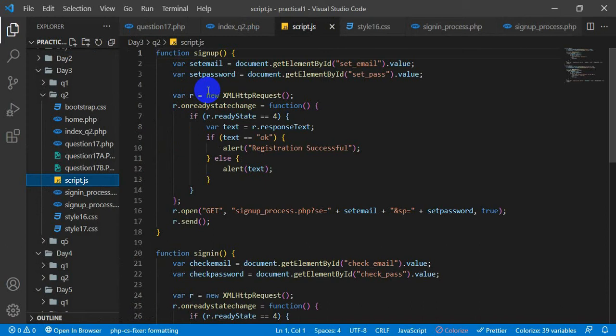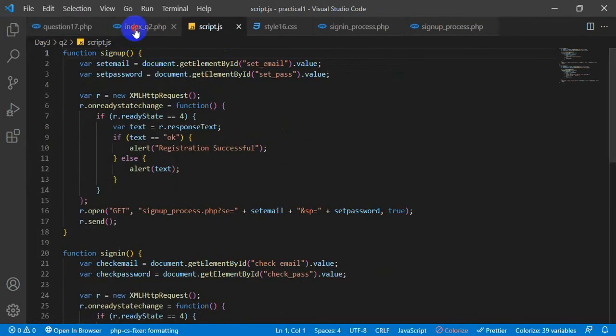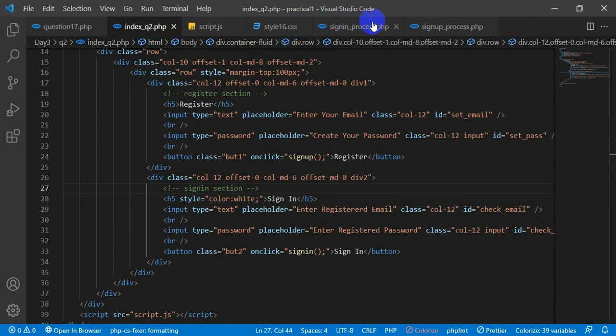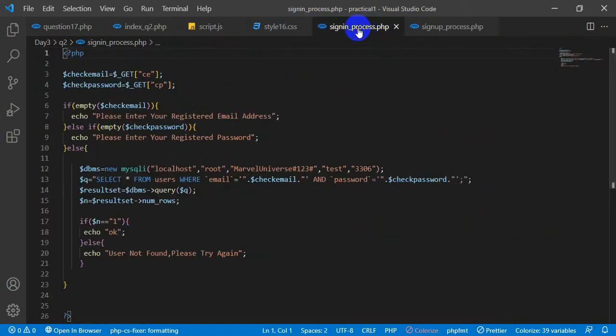They are not actually web pages, they are program files. You just transfer data from this page, index_q2, to program files, like signing process.php. These are not HTML. They are not processed by the browser. They are processed by the server.